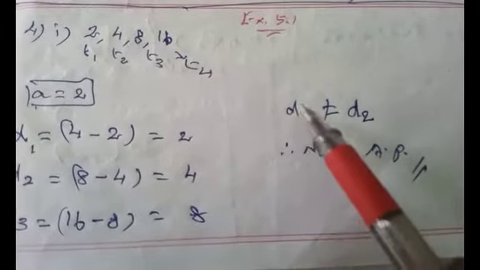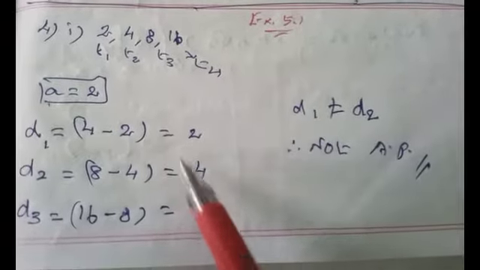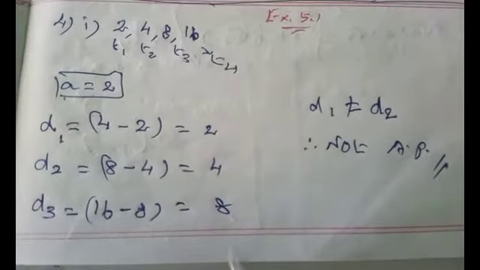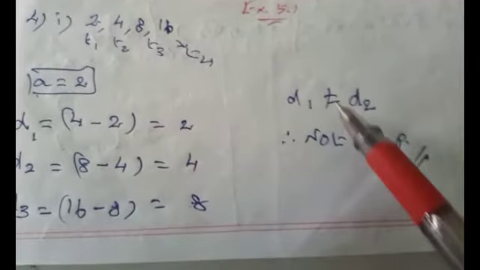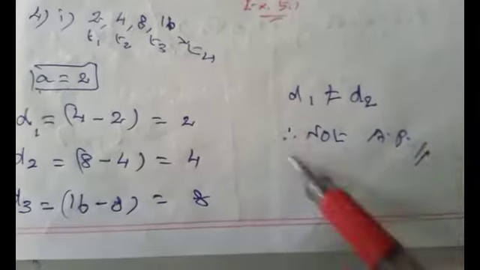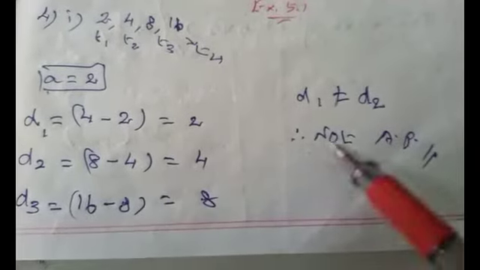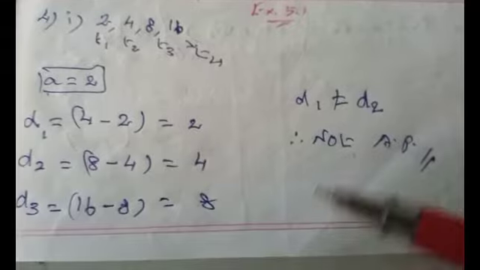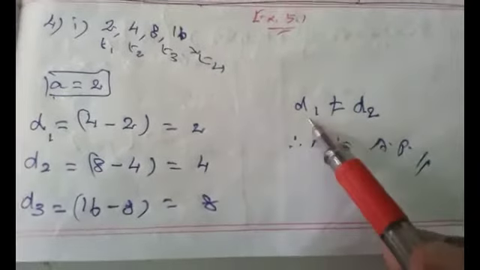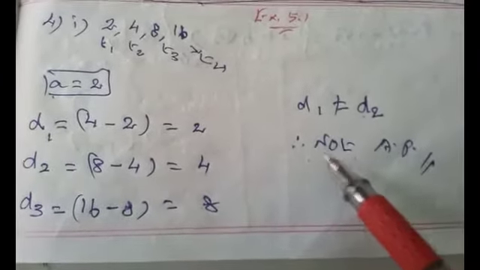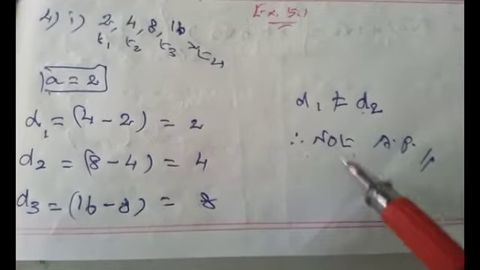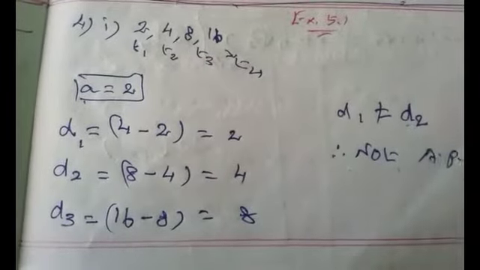Okay, so if it is an AP, then all the differences must be equal. Here, if it is 2, then here also it will be 2. Okay, so the differences are not equal, therefore it is not an AP. If it is not an AP, then we cannot find the difference, and we cannot go for 3 more terms. Alright? So only if the differences are equal can we go for the common difference and 3 more terms. Okay.